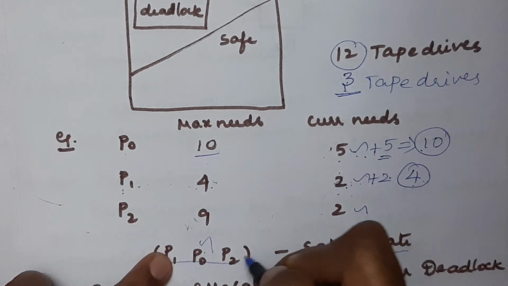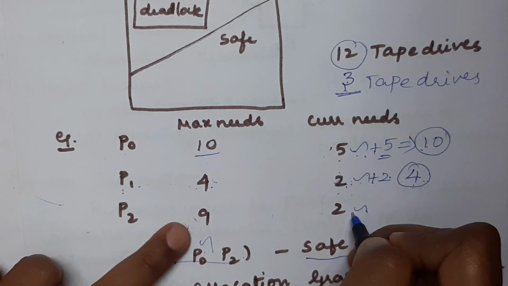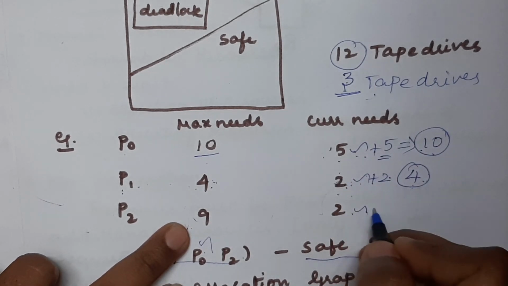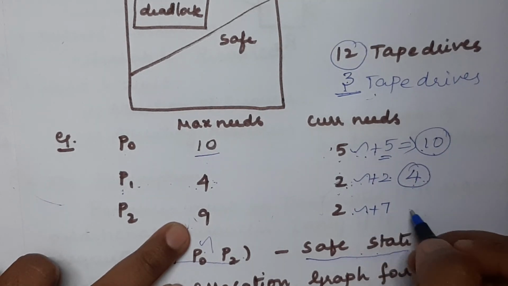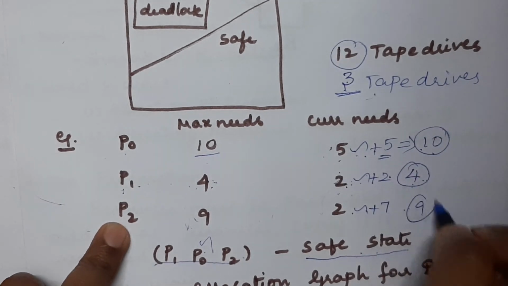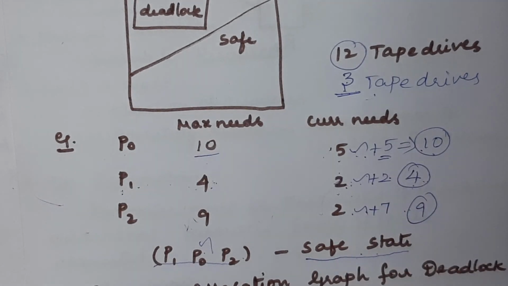And now what is the third process to be executed, that is P2. We have already allocated only 2, so the remaining number of resources, that is 7, has to be allocated. We actually have 10, so in this 10 we can allocate 7, so 2 plus 7, that is 9. So 9 has been released after the completion of P2, so totally we can have 12 at the end of execution of all the three processes, that is P1, P0 and P2. The order we have followed is P1, P0, P2. This is what the safe state is.